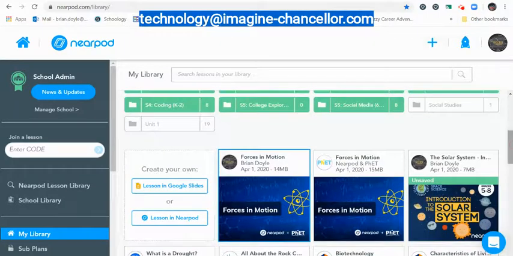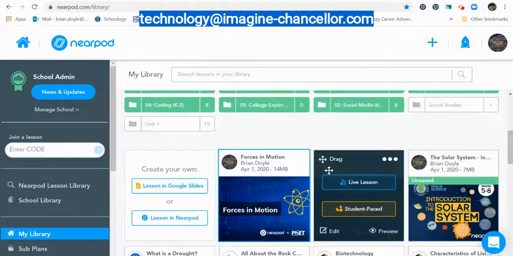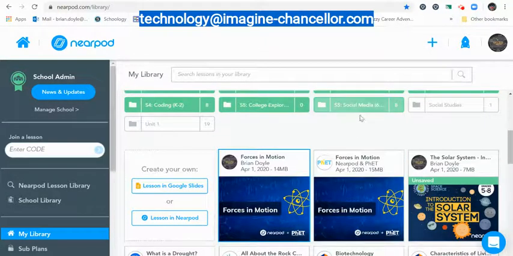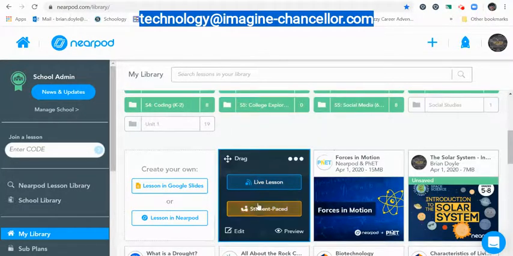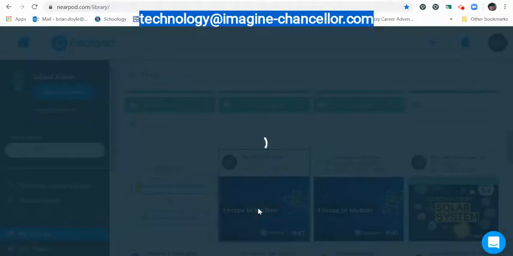And now I'm going to see. How I know these both say forces in motion, but this has my little picture that I have here in my thing, so I know that I have edited that in some way. And this one has their original logo right in it down there, and that's the original version. So now I want to do student paced. So I'm going to click student paced,